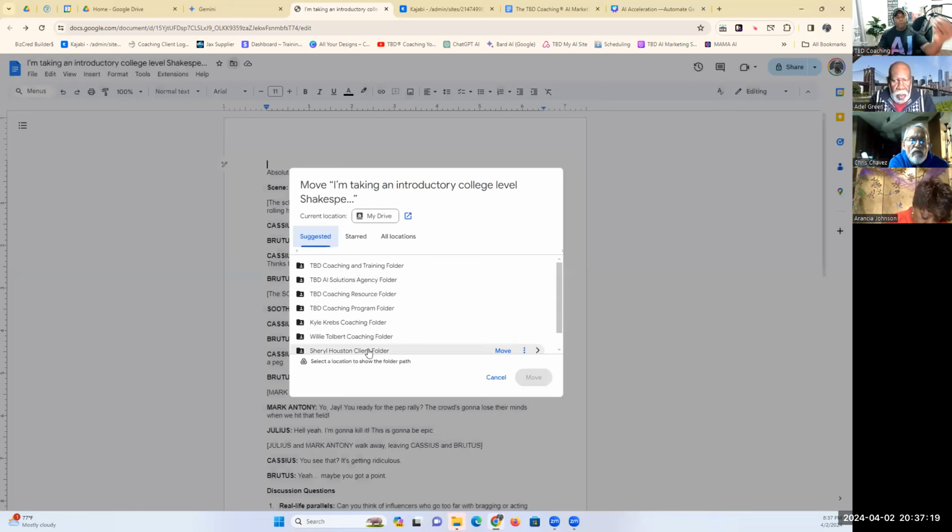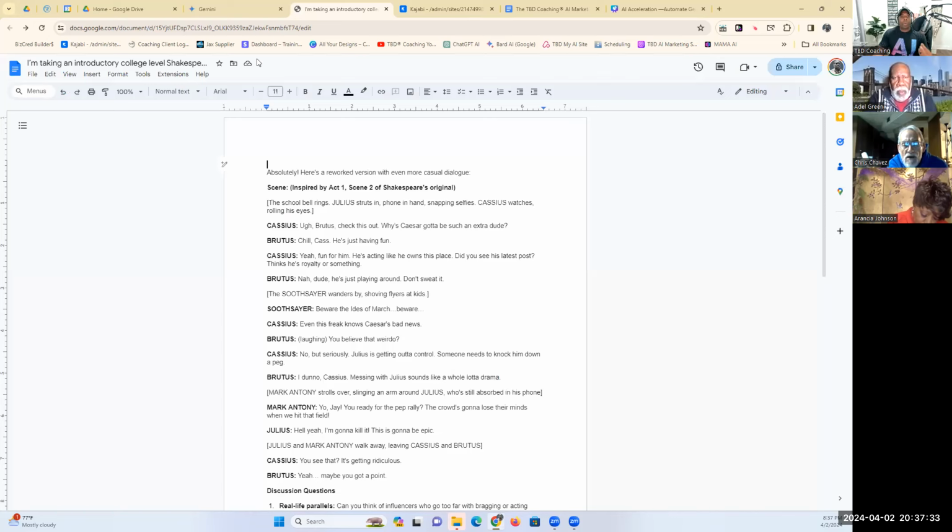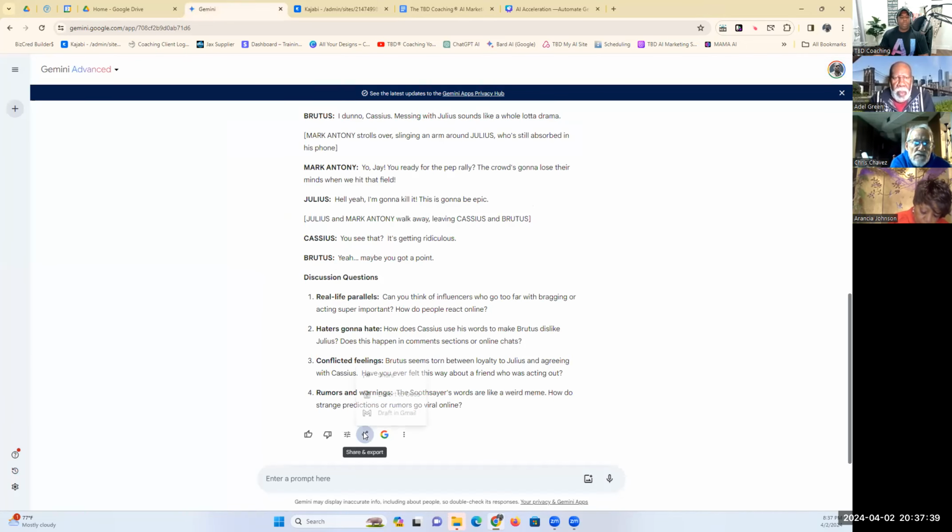And now I'll pull that document out of AI, secure it in my Google Docs, and save it in here as a document that I can go back and do things with whenever I choose. So this really will help you move through your day faster, depending on what it is you're doing when you're going through your day. So going back here, again, I can click this and I can also draft it in